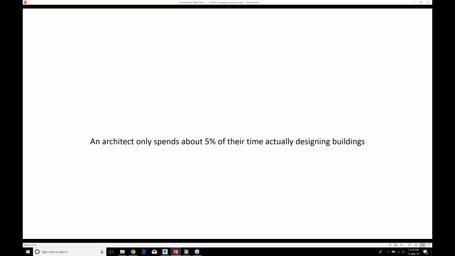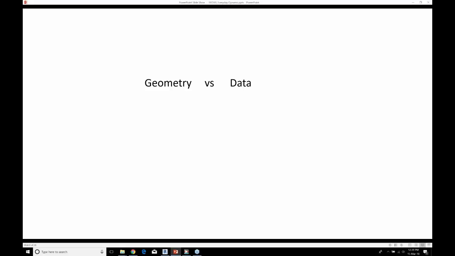So what are we actually doing for the other 95% of our time? Now, we can make jokes about architects adjusting their bow ties or getting lots of coffee, but the reality is that we're spending a lot of that time dealing with data.